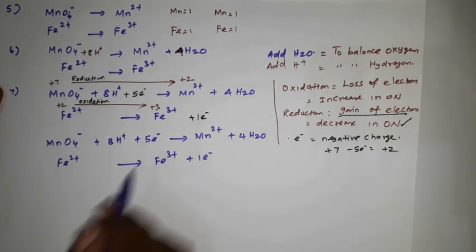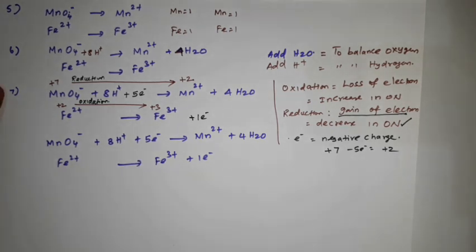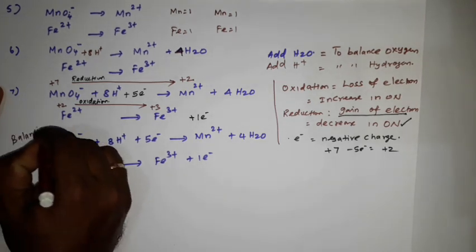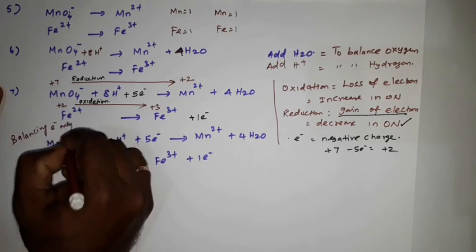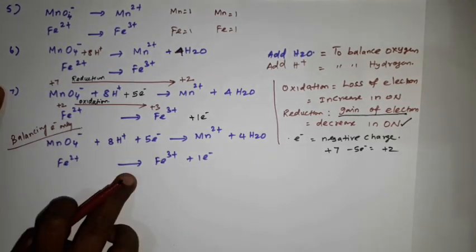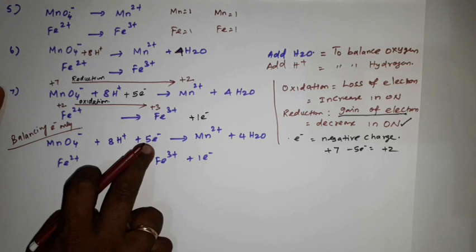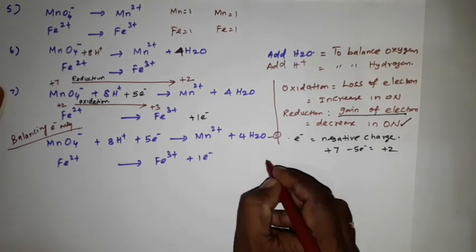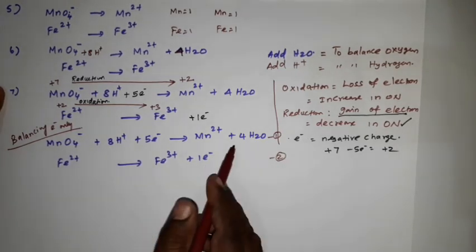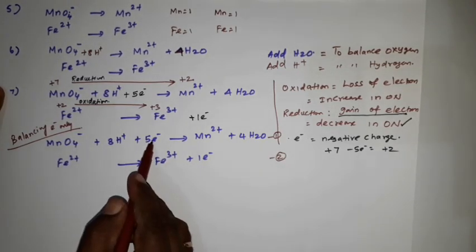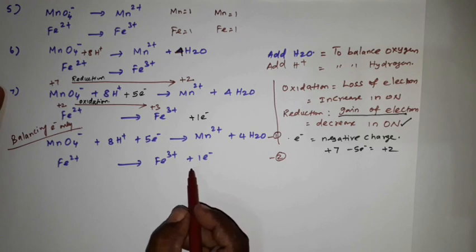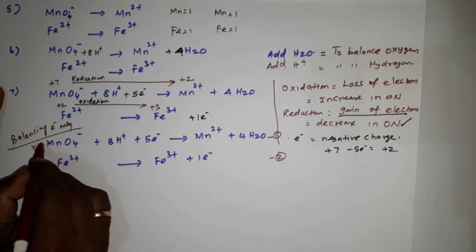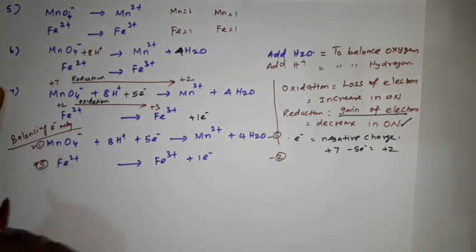Now here 5 electrons are here. Now we are balancing only electrons. To balance electrons only, here 5 electrons are here, here only 1 electron. So this is equation 1 and this is equation 2. In equation 1 only 5 electrons, in equation 2 only 1 electron. So I am multiplying here by 5 and here I am multiplying by only 1. Okay. So finally